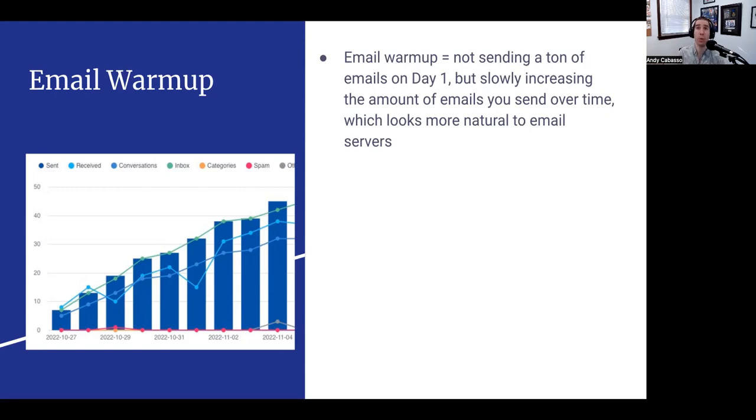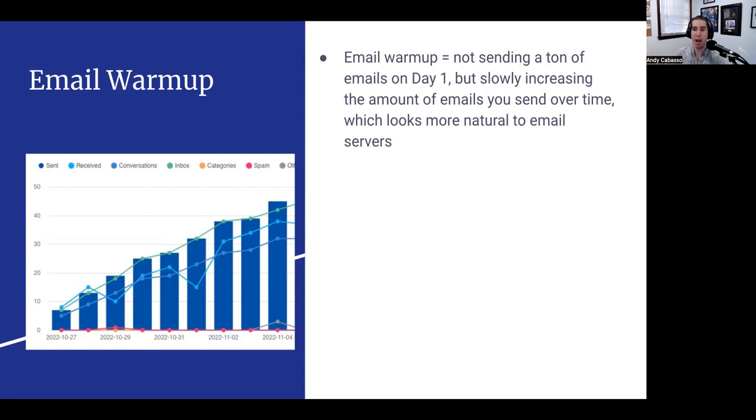And if you have an established email, chances are your email sending patterns and your reply rates are probably much lower than a typical person using an email address for business purposes.